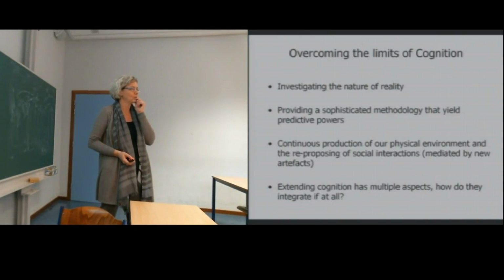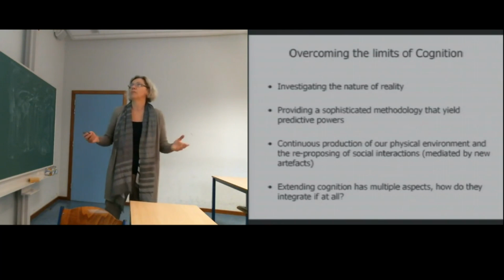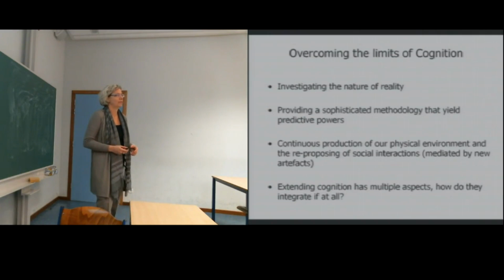Are you suggesting that in order to overcome the limits of cognition, there is a need to move from... At the moment, there is a need to move to a more process-oriented approach to reality? Process? Yes, to put no limit on cognition, but to see cognition as a way of unfolding.